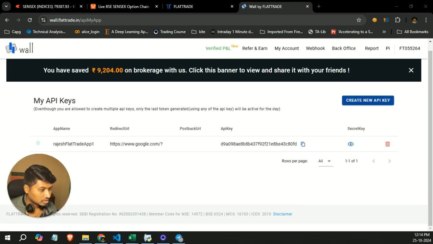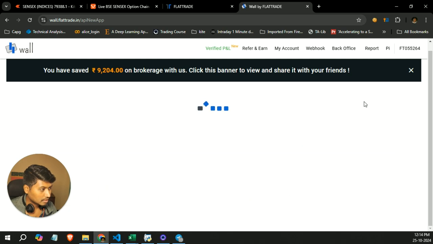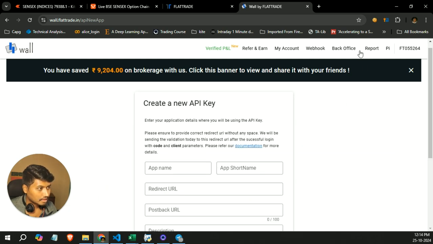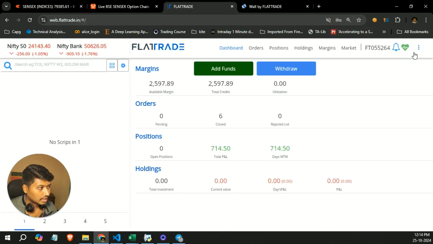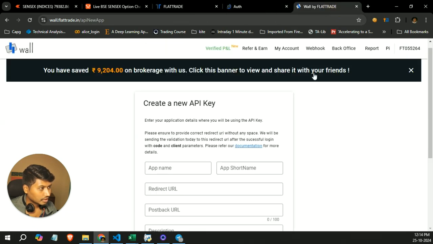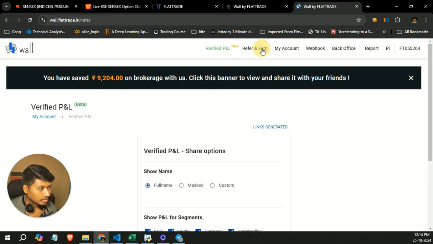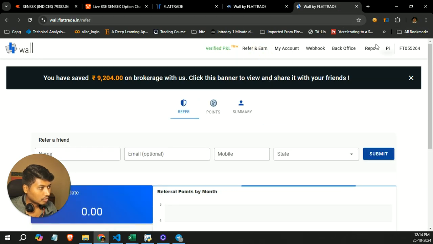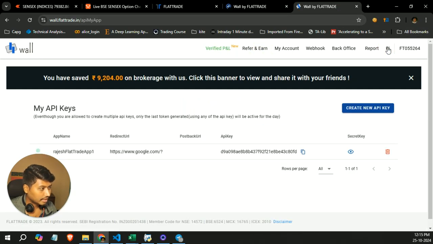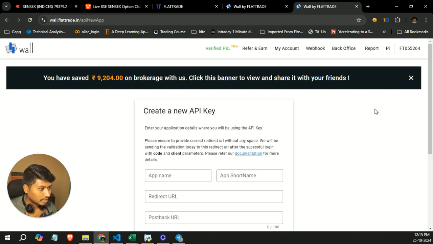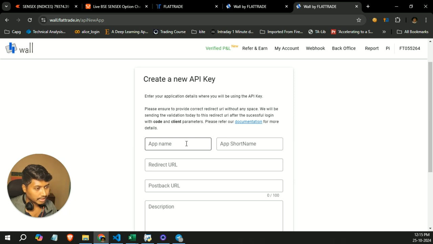Let's make this small. Done. Once you go to ledger in Flattrade, you will be redirected to this URL. Once you receive this, click on API. Once you click on API, you will see create new API key. In create new API key, enter a name. Any name you can give. It is not compulsory, you can give any name. Test